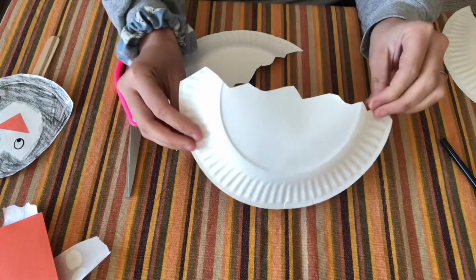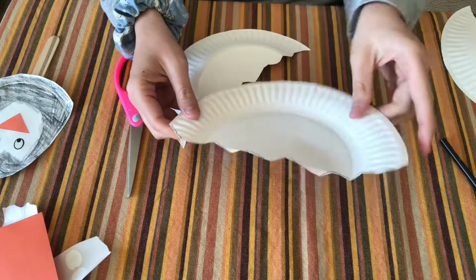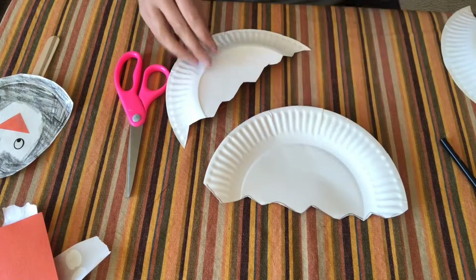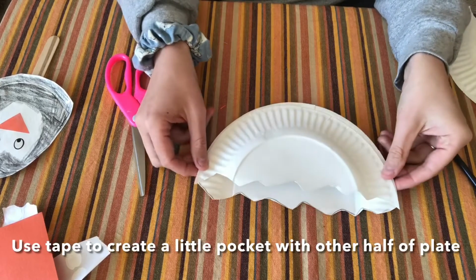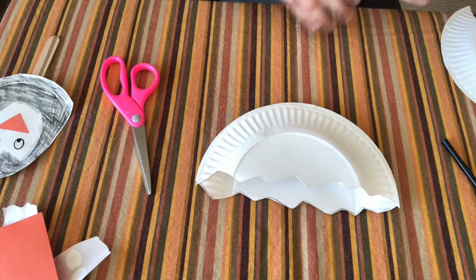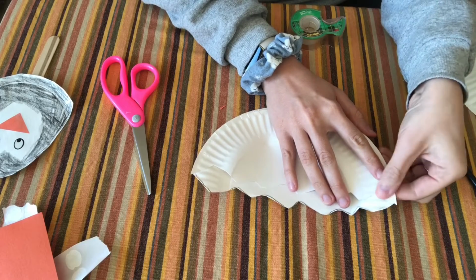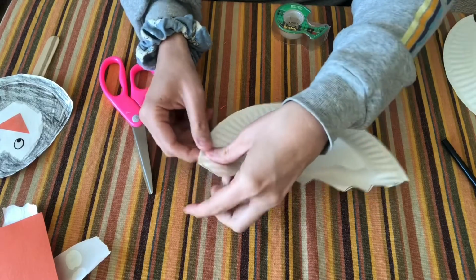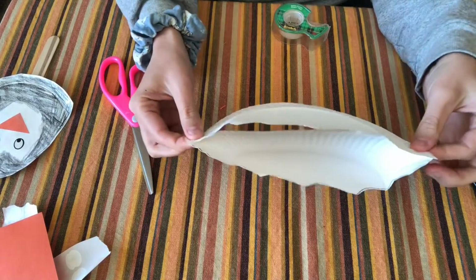So you'll decide which side you want to be the front side. I'm going to have it so that the caved inside is part of the little pocket. So I'll flip it over so that the side I want as the front is facing the table. Then I'm going to take the leftover part and put it like this so that it looks like I kind of folded the plate in half. And if you have a stapler at home, you can staple it together. I am missing my stapler today, so I'm going to use a little bit of tape on either side to hold these two together, and that's going to create a little pocket, as I said, for our penguin to sit in. So after you're done, you should have something like this. It looks like a little pita pocket,